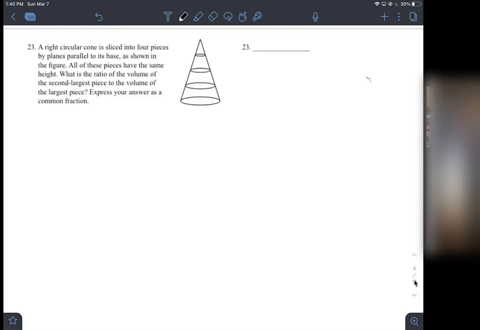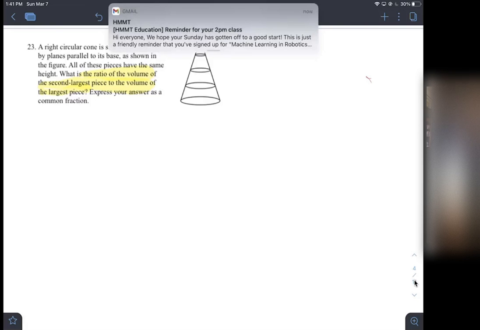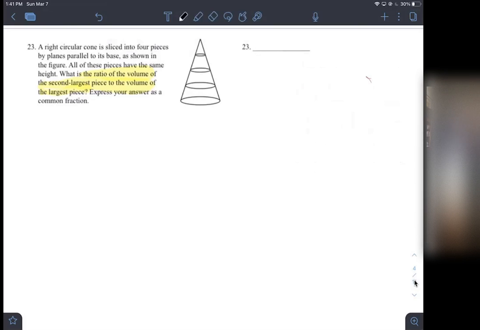So conceptually, one thing to keep in mind is that a lot of the times problem writers say stuff like this, like, what is the ratio of the volume of the second largest piece to the volume of the largest piece? Just to make it easier and cleaner to write, because otherwise they would have to label each of the sections, label these 2 sections, and then say find the ratio. So oftentimes, with weird phrasings like this, they're not trying to trip you up. It's just them trying to find a way to write it without opening themselves up to protests on the legitimacy